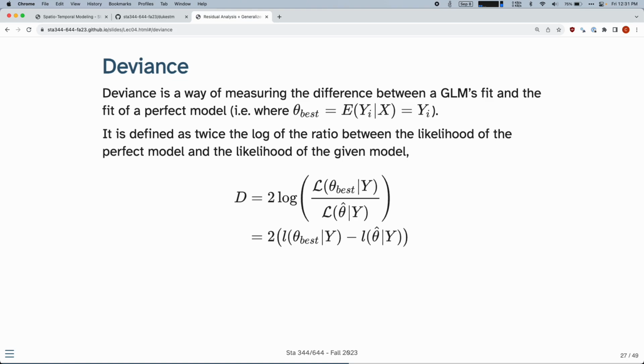So the deviance is equal to 2 times the log likelihood of the best model minus the log likelihood of the model estimate. And again, the idea here being that under the best model, it's going to be